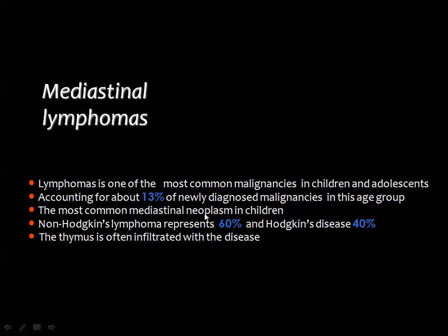Non-Hodgkin lymphoma represents about 60%, while Hodgkin disease represents about 40%. And the thymus may be prone to be infiltrated by lymphoma. So whenever we are discussing thymic masses, we may consider the possibility of primary thymic tumors and also the